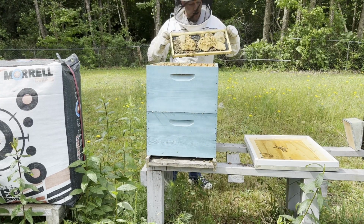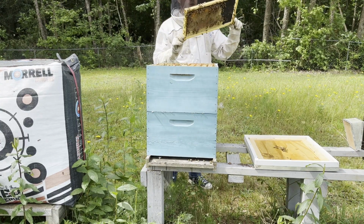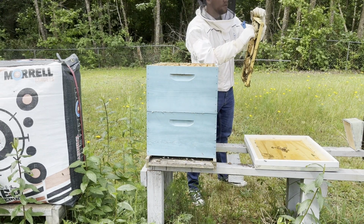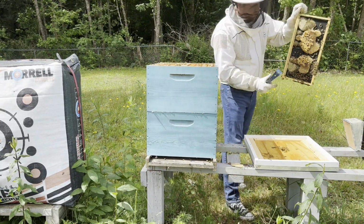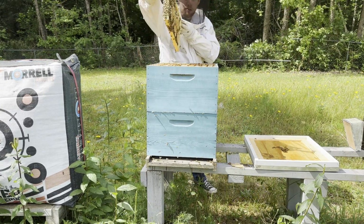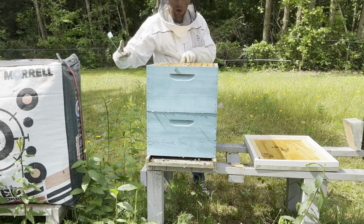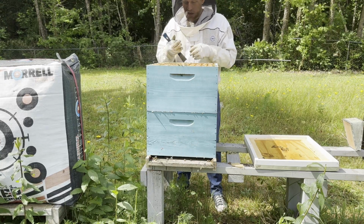So here again, they're doing some gross comb. It's not a real term, it's just my term. So gross comb's gotta go. Makes my inspections a little easier in the future. It makes it where I won't accidentally rip up their house. So normally they will do this if this isn't level or something, but this is a perfectly level hive. I mean, I didn't bring a level out here, but I can look at it and tell you it's not crooked. So I don't know why they're not building it to the foundation, but